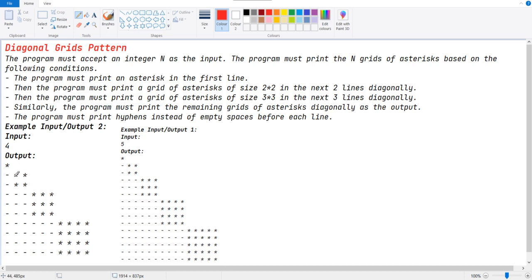And these asterisks should be printed in a diagonal way, like the starting point should be diagonal. For that we need some hyphens to make this happen. This is nothing but the count of the previous rows. Here the total count is 1, so we print 1 hyphen. Here the total length is 3, so we print 3 hyphens, and then we print 6 hyphens, like that. This is nothing but the n into n plus 1 by 2 formula,